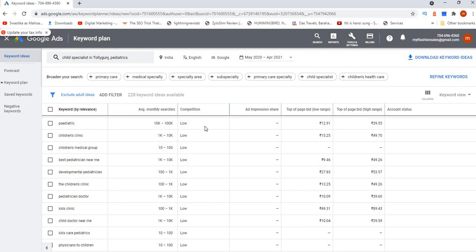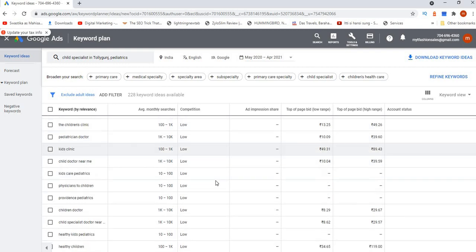Competition means, in SEO, the number of people searching or competing to get rank for that particular term. So we already have all the low competition keywords.